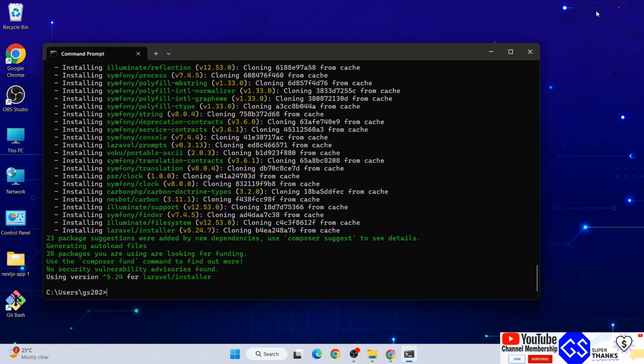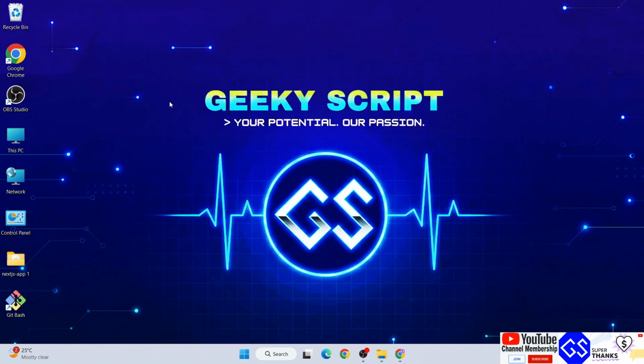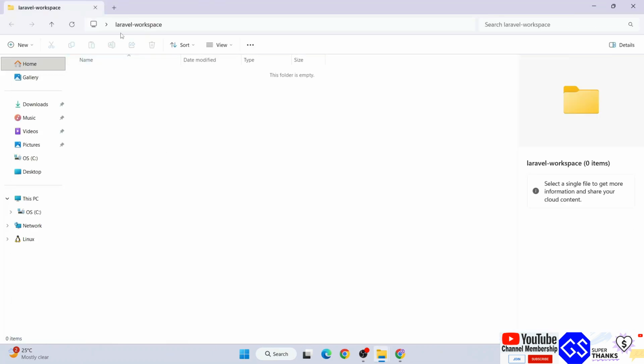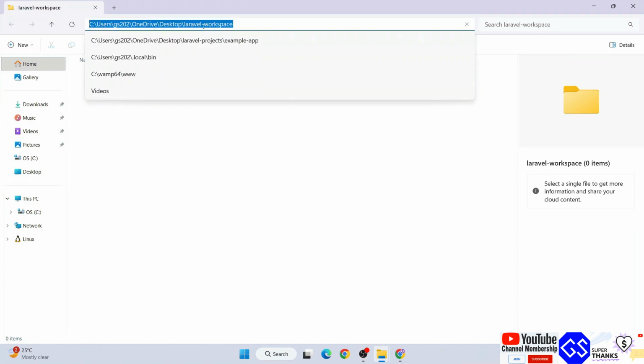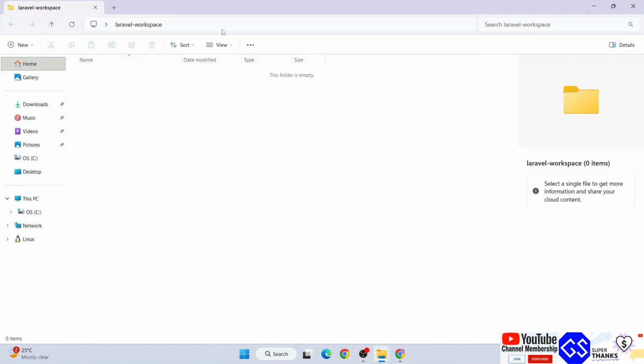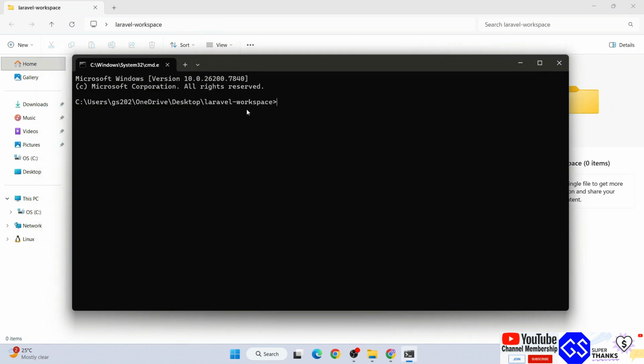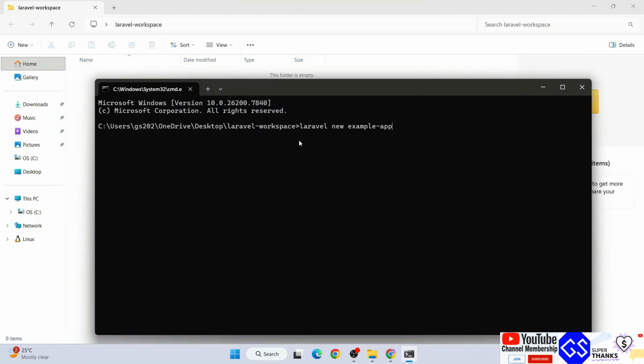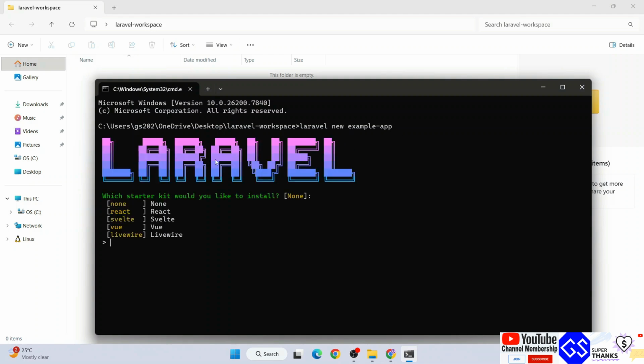So let's minimize our browser again and close this command prompt. And on our desktop, let's create a new folder and let's give this folder the name Laravel-workspace. So go inside that folder. All of my Laravel projects are going to reside in this location. So select this address bar and type cmd to open your command prompt right at this location, and then just right click and paste that entire command. So this is the command that we'd like to execute to create a project called example-app, hit enter,